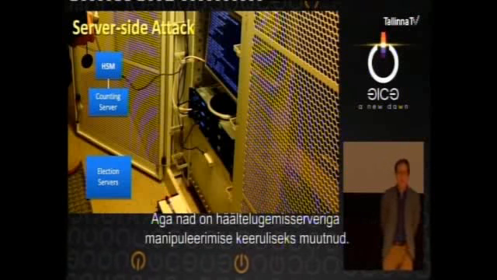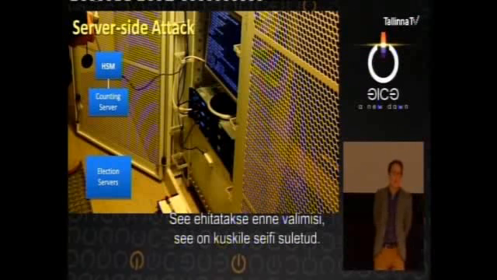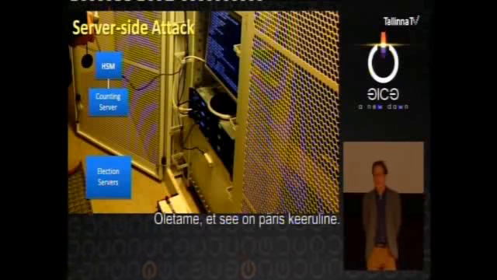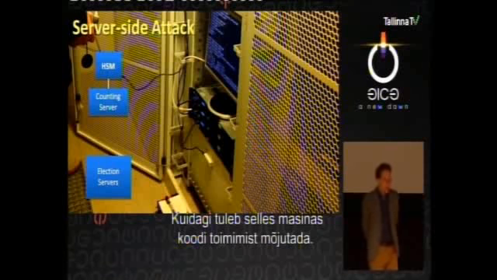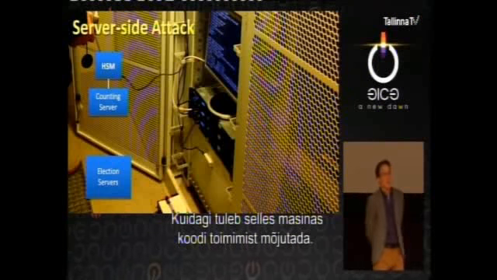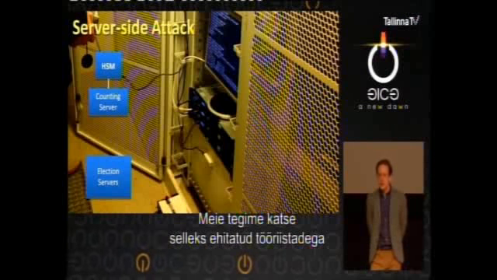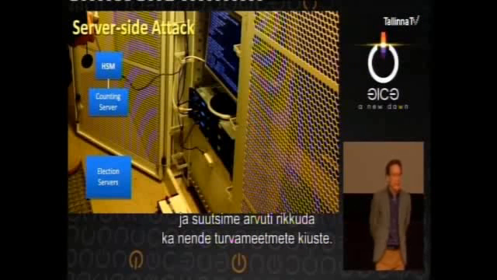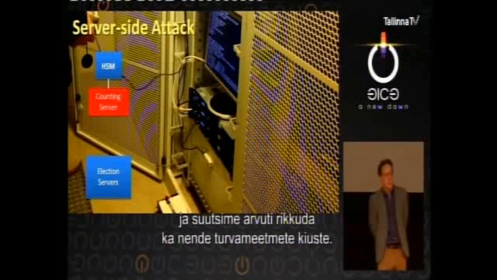But they tried to make it pretty hard to manipulate the counting server. It's air-gapped, it's built before the election, it's sealed, it's in a safe somewhere. We have to imagine that it's fairly difficult. So somehow you need a way to tamper with the performance of code on that machine. Now, we experimented with and actually built a tool chain to do this and compromise that machine even with the security procedures they have in place.